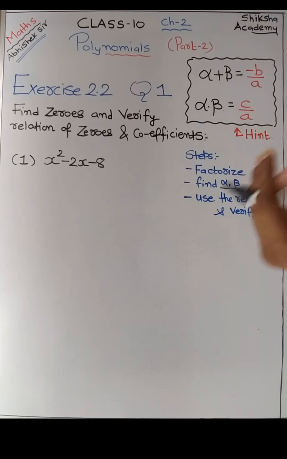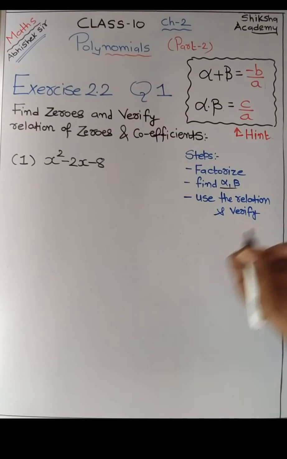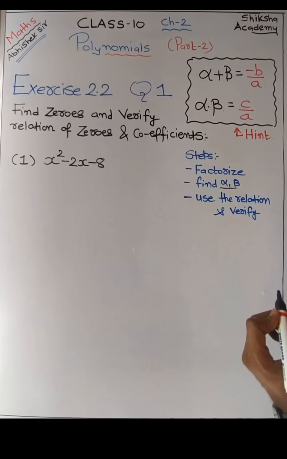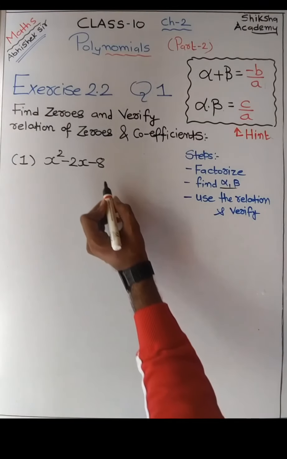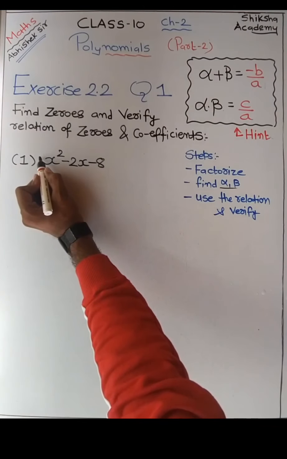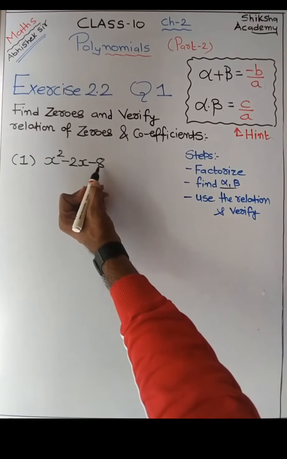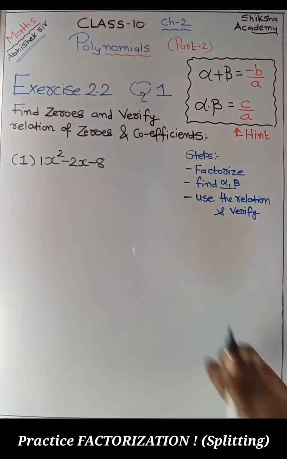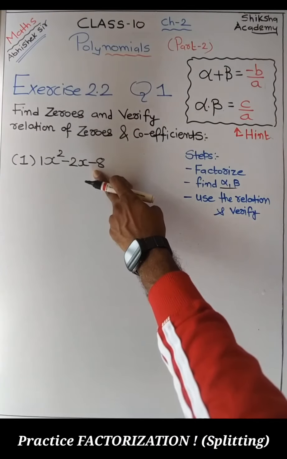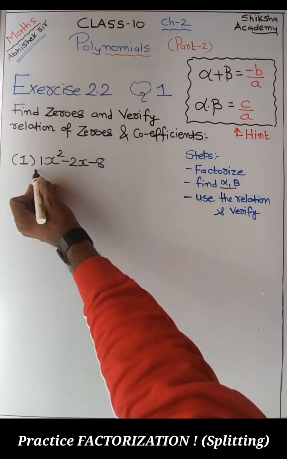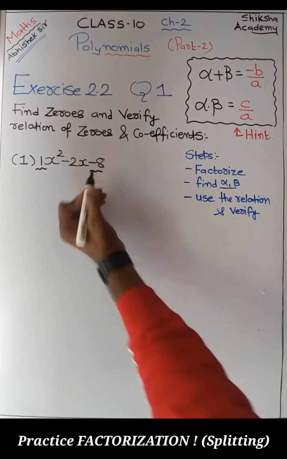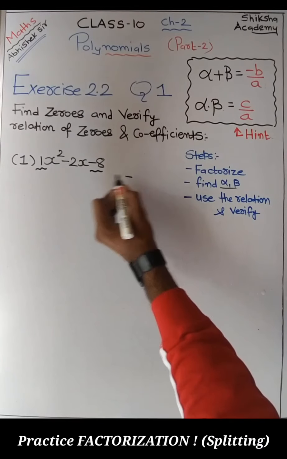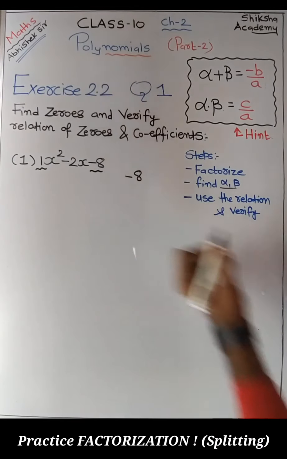In this video we will be solving each and every question, right? So let us move forward with the factorization process, right? Now how you will do factorization? You have to multiply the coefficients and the constant term. Right now x square is not having any coefficient, so it is called 1. Then last term is minus 8. So you have to multiply these two values. So that is minus 8 into 1 is minus 8, right?